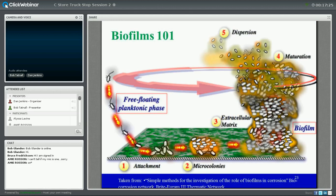This is a nice sketch that Dan found on another presentation, and we borrowed it for ours. It shows you graphically what we're dealing with here. Imagine that plate on the bottom is part of the side of a wall of a tank or any other surface in your fuel system. And you see that there's a kind of greenish splotchy film on the surface. That's what's called a conditioning film, and it's adsorbed from the water. Again, there must be water present, and that is an essential precursor for the next step, which is attachment of